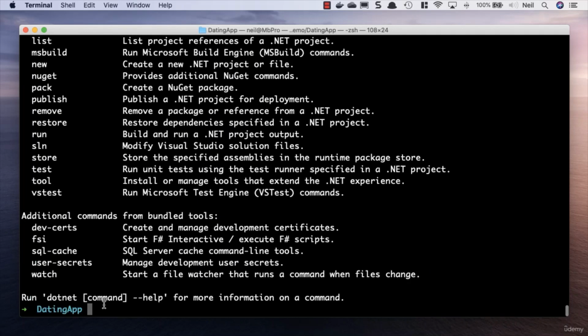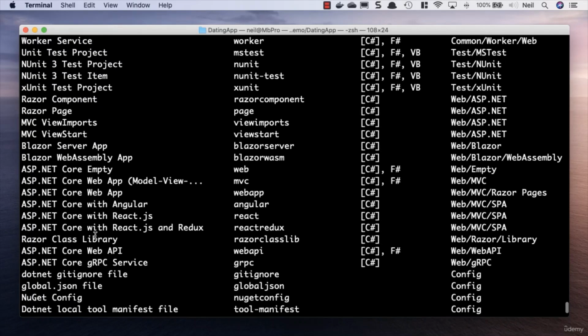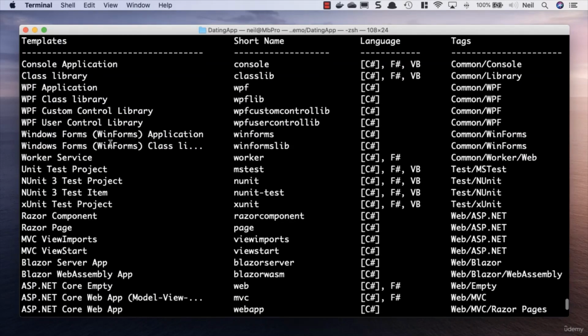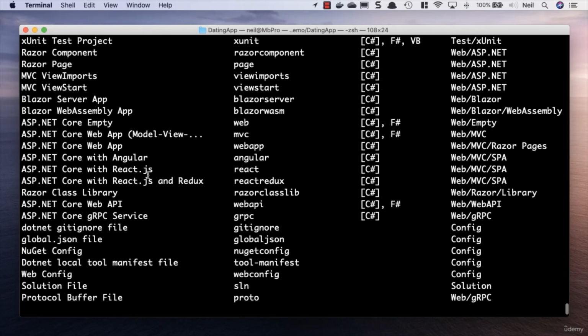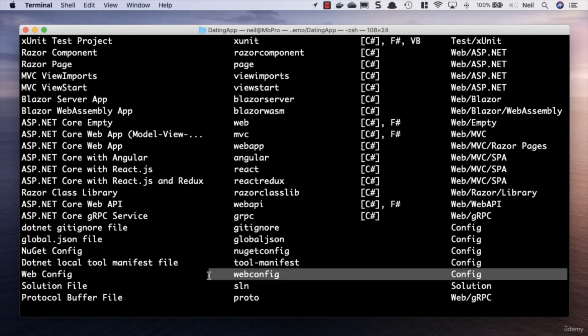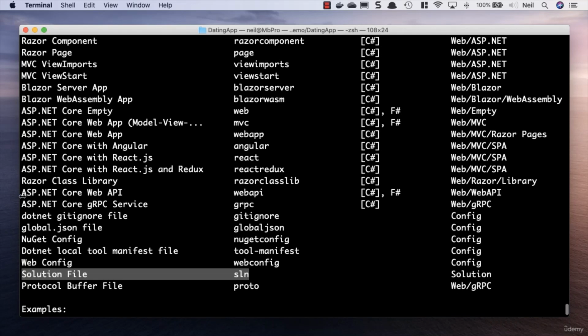So what we'll do first of all is get more information about what we can do with the dotnet new command, and we can get contextual help by typing in the command we want to use followed by -h. Once this opens, we get a list of all of the different templates that are available with the .NET 5 SDK. There's a huge range of choice inside here, but there's a couple of things that we want to create. First of all, we want to create a solution file, and this is a container for our projects. And we're going to create a project template as well, and the one that we're going to use is the